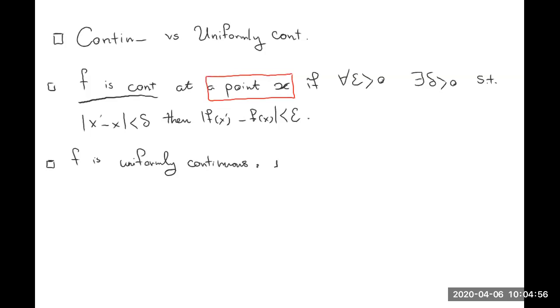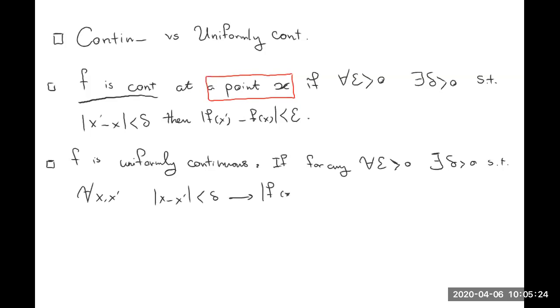So if for any positive epsilon, there exists a positive delta such that for any x and x prime, where the absolute value of x minus x prime is less than delta, we have the absolute value of f of x prime minus f of x is less than